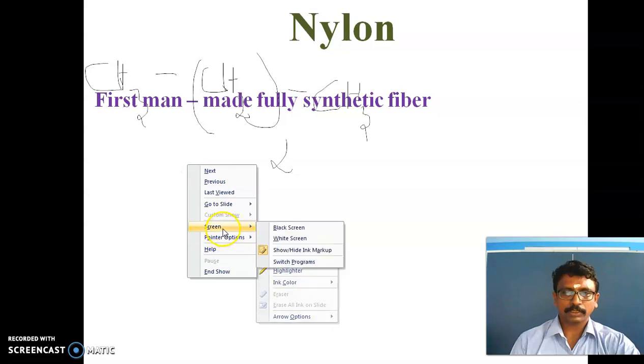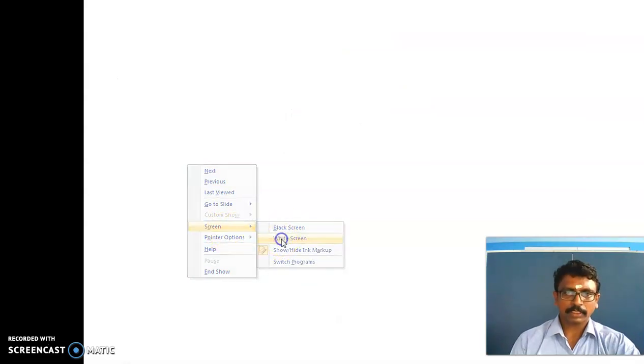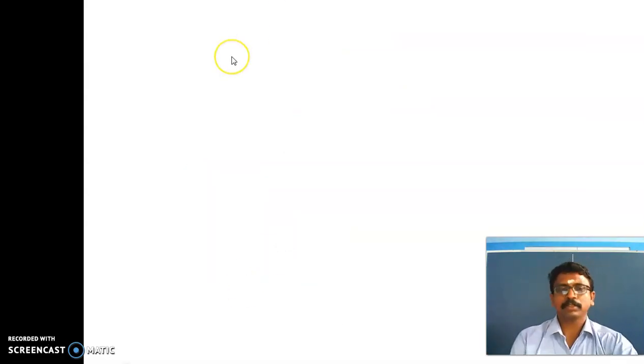Last class we discussed some basic concepts of chemistry, and now we can continue with that. We discussed the root words. One carbon means meth, two carbon means eth, three carbon means prop, four carbon means but, five carbon means pent, six carbon means hex, seven carbon means hept, eight carbon means oct, nine carbon means non, and ten carbon means dec. So these are all the root words, children.